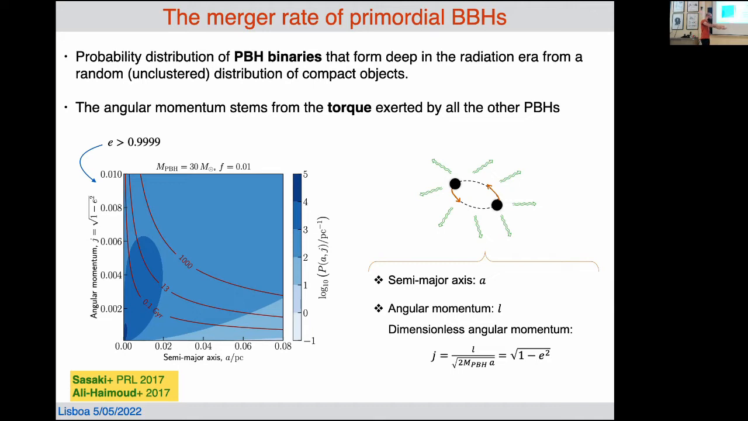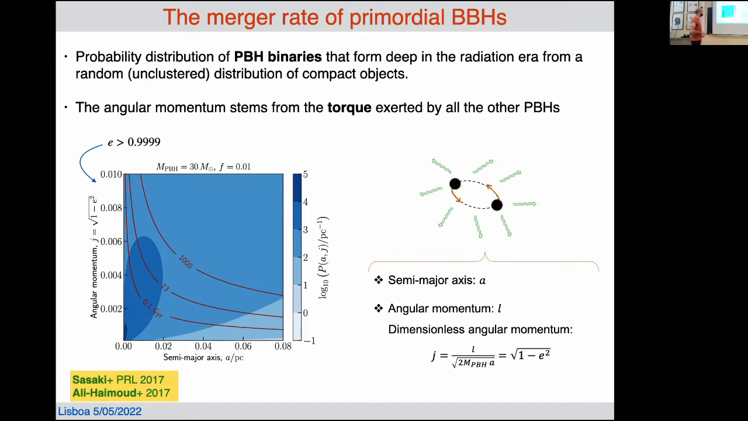So you start with a random unclustered distribution of primordial black holes. You may have decoupling from the Hubble flow for a given pair, and the angular momentum acquired by the binary system is due to the torque exerted by the surrounding primordial black holes. Under this very simple framework, one can construct a probability distribution for the primordial binaries in terms of semi-major axis and dimensionless angular momentum. This distribution would favor very eccentric binaries, because in the absence of surrounding PBHs, the problem would be completely linear. Each pair would just be taken away by the Hubble flow, and then